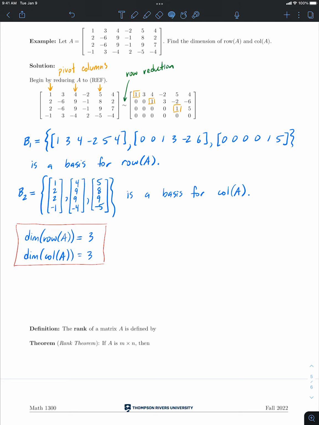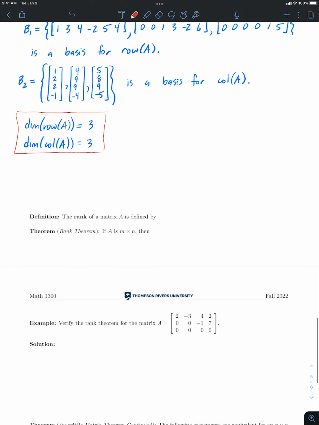If I change the matrix, I might change the dimension of the row space to something else, but then the dimension of the column space would change accordingly as well. And because of that, we can do the following. For any matrix, we can define what's called its rank. And the rank of a matrix